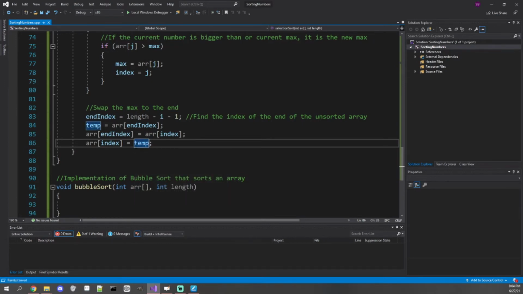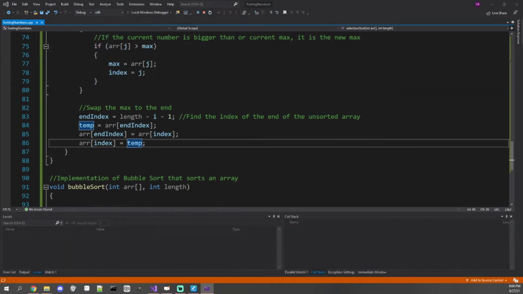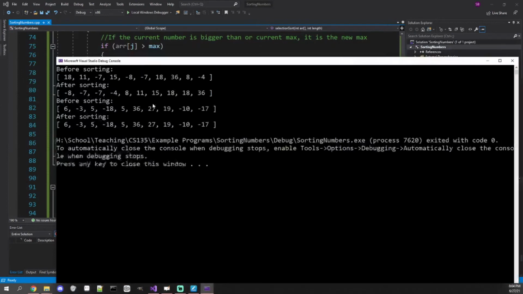So this should be temp, right? We said that we need to copy the temp over to the variable. So now if we run it, hopefully it should work. We'll see here if we run it that it generates a random array,